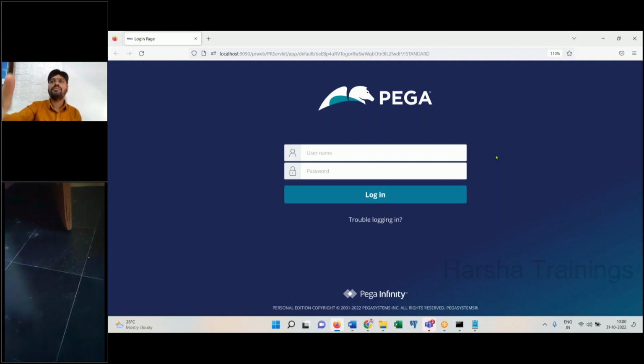A person from the insurance business can purchase the Pega platform. A person from healthcare can purchase the Pega platform. I want it for my administrative tasks and all. I can purchase the Pega platform and use it. So the functionalities that are there in the Pega platform can be used for different sectors of the business across the